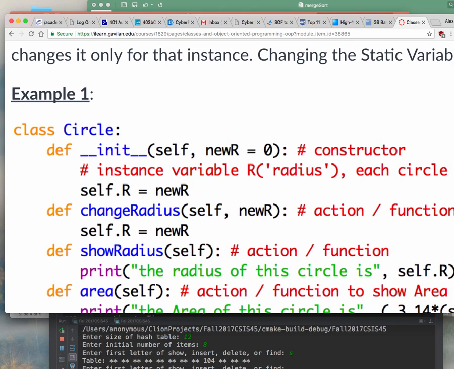And then each object has properties, right? And what are the properties? The properties are the variables, right? The property of a circle is a radius. A table might have a property for weight and number of legs and material and that kind of thing. A dog might have a property for the dog's name, the dog's age, the dog's weight, the dog's breed, those kinds of things.